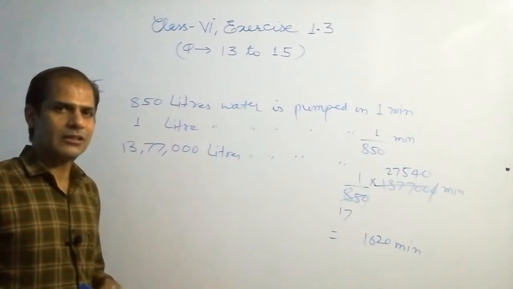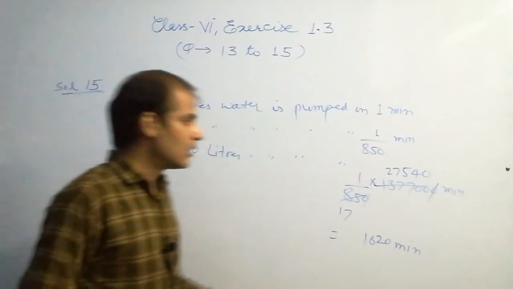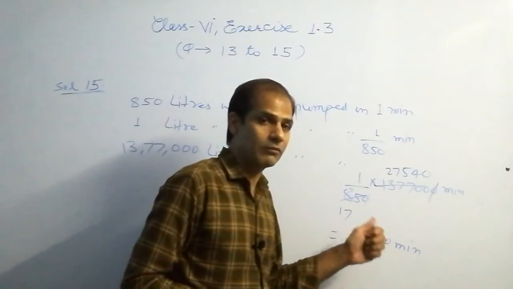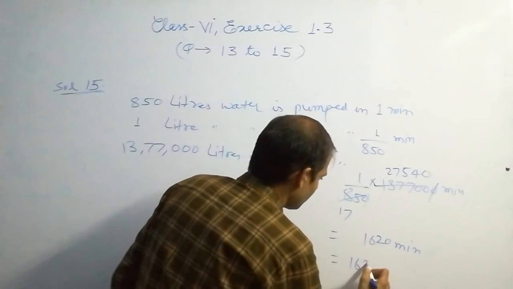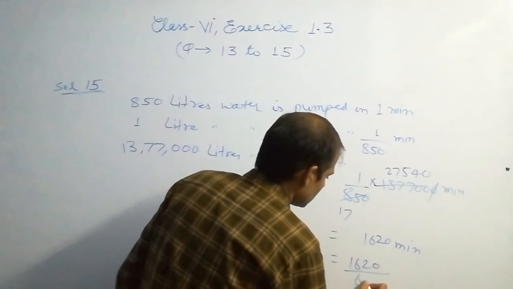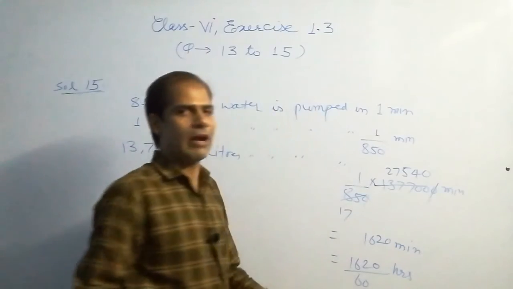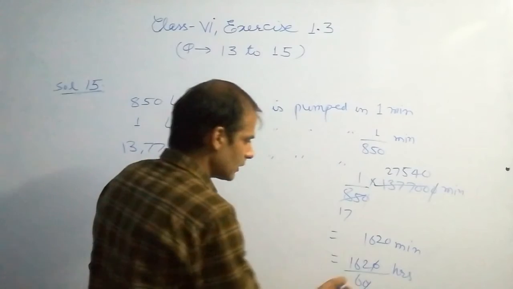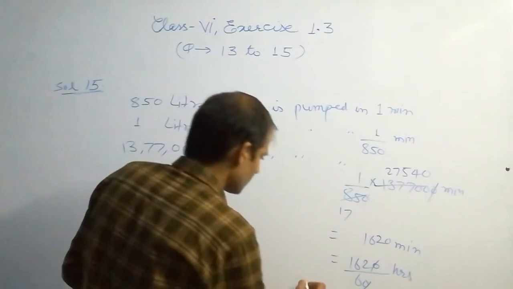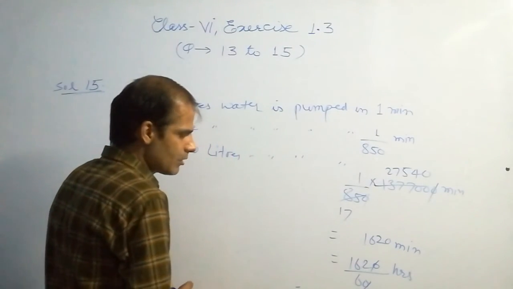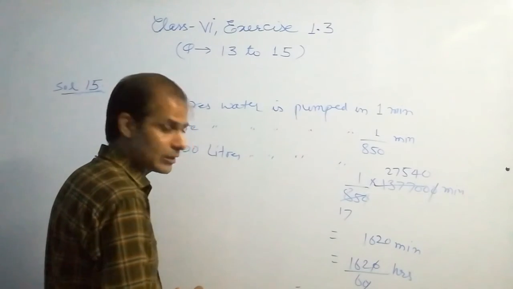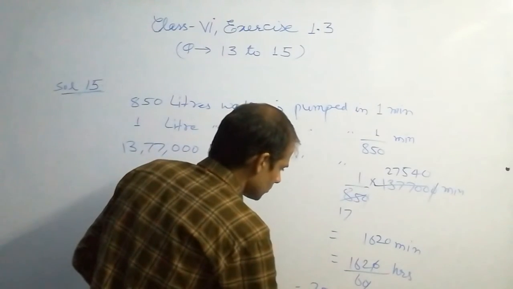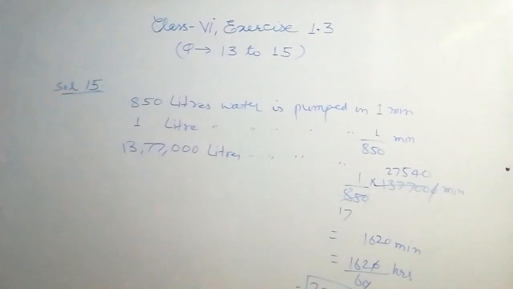question it is asked that in how many hours. Hours means this minutes can be converted into hours. Okay, it is to be converted. So if you have to convert minutes into hours, just divide the minutes by 60. So 0 can be cancelled. Think about 162 upon 6. The answer will be 6 2s are 12, 6 3s are 18. So 6 2s are 12. Then 4 and 2, and it is 27 hours.